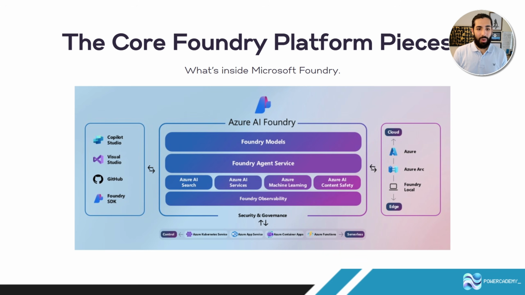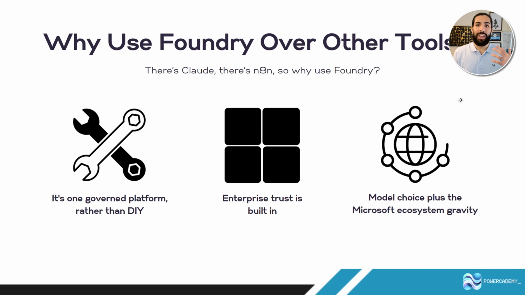Then you have the service row underneath, so all of the different capabilities within Azure AI. You have the observability layer, so you can trace and monitor your agents at a very granular level. Security and governance, of course, so you have all of these controls available to you across all of these platforms and applications. And then on the left and right hand side, you can see the cloud tools that you have available, like Foundry Local, and also Copilot Studio over there. So you can see the extension capability and overlapping capability of the two platforms. I just hope this visualizes the building blocks of Foundry and what makes the platform so special in terms of all the integration capability within the M365 ecosystem,